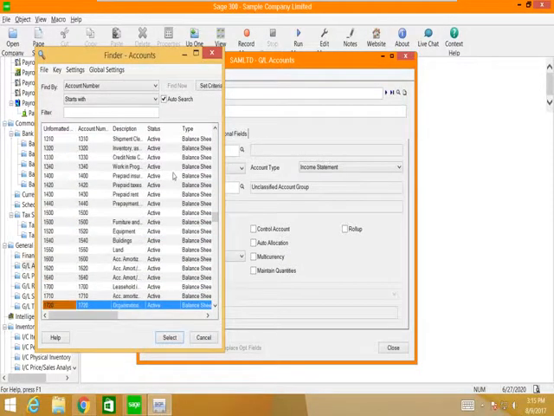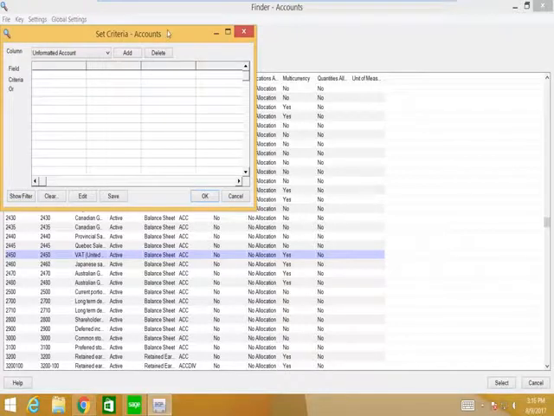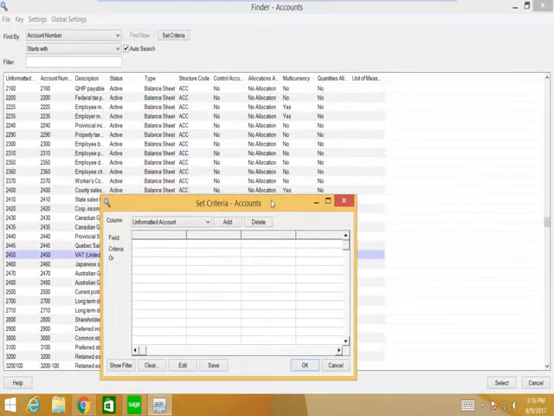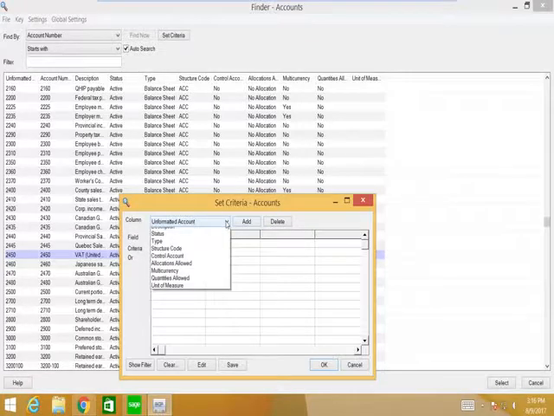Let's say I wanted to look at only income statement accounts or something like that. So I can go under criteria and set the criteria for whatever I'm using. So let's say it's type. So I go under type and I select